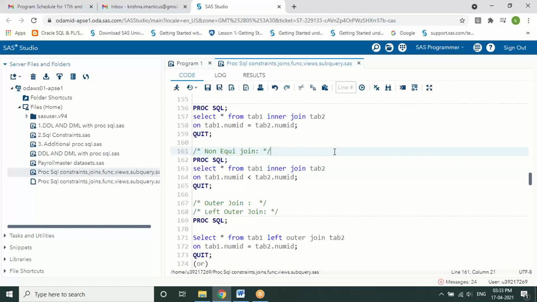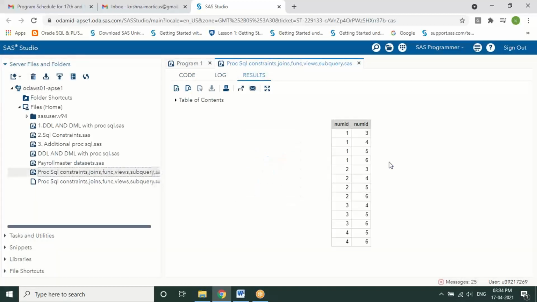Similarly, for non-equijoin, the syntax and the query remain the same. Rather than using an equal sign, we just use a less than or any other operator. Here in this example, I've used less than. If we execute it, we see many values displayed comparing the first table with the second table: 1 less than 3, 1 less than 4, 1 less than 5, 1 less than 6, 2 less than 3, 2 less than 4, 2 less than 5, and so on.